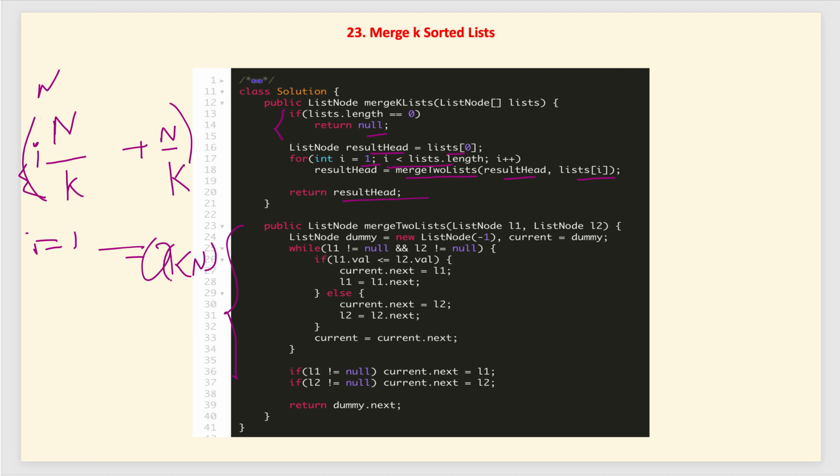So the time complexity of this solution is O of kn, which is better than the previous solution where we had O of n log n, or actually it's not better, it's worse, it's not that performant. The previous one is still performant, and it depends on how big the values of k and n are. And for the space complexity, as you can see in this part we are just using constant space, and this part is also constant space. So the overall space complexity of this solution is O of 1.